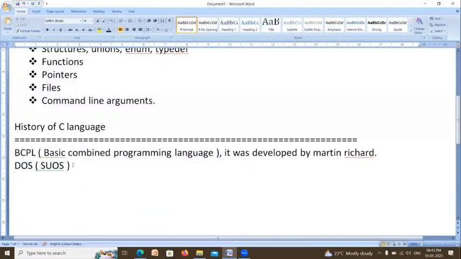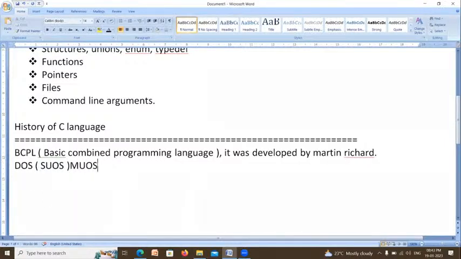Multiple users cannot use this operating system. A single user operating system is not sufficient for multiple users. So then they needed to develop a multi-user operating system.